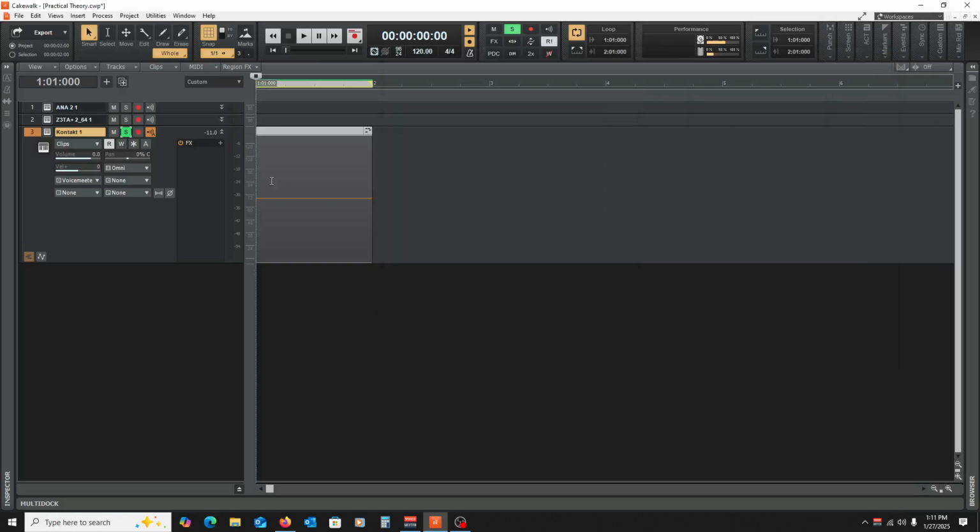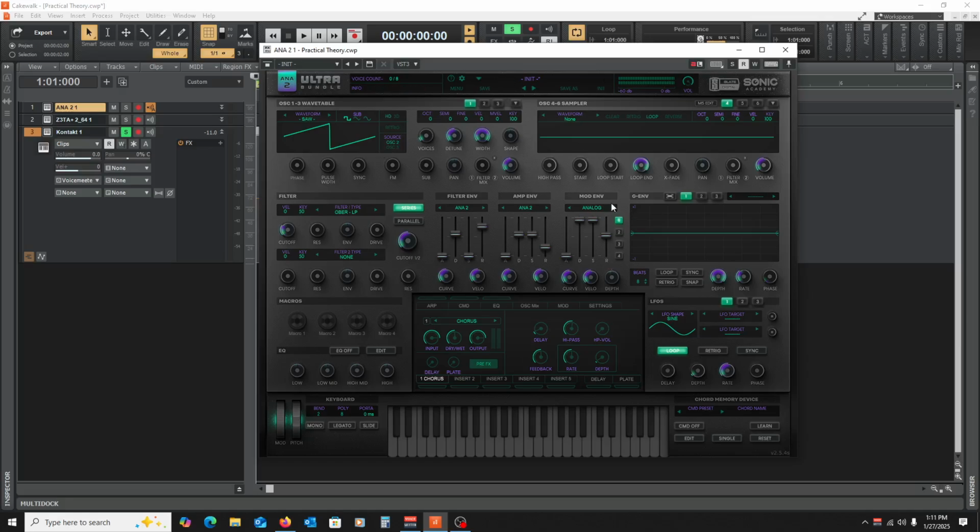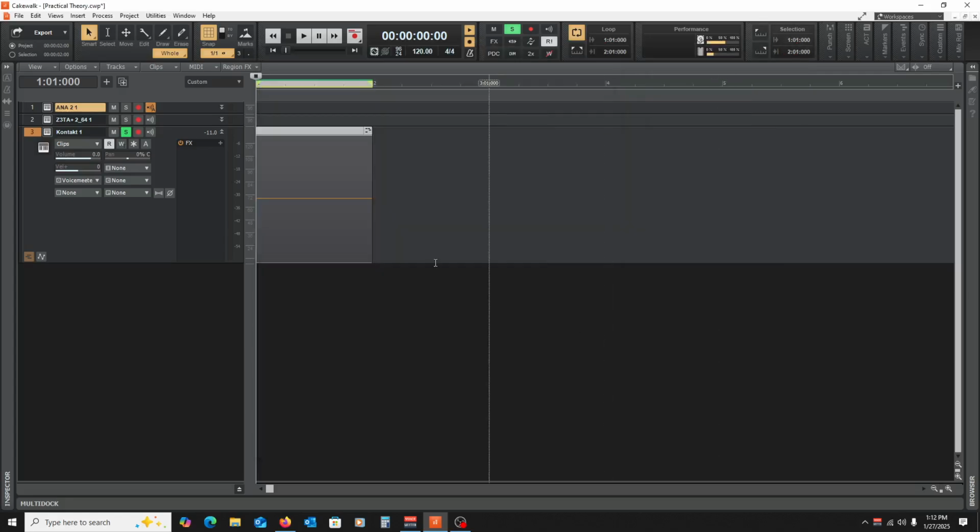But for today, you should have at least a basic understanding of the four main parts of a standard synthesizer, at least when it comes to your basic synthesizers, like subtractive, additive, that kind of thing. You have your oscillation section, your filter section, your envelope section, or ADSR envelope section, and then an LFO section. And then you can use those to combine and create different sounds, which we will go into in future videos,